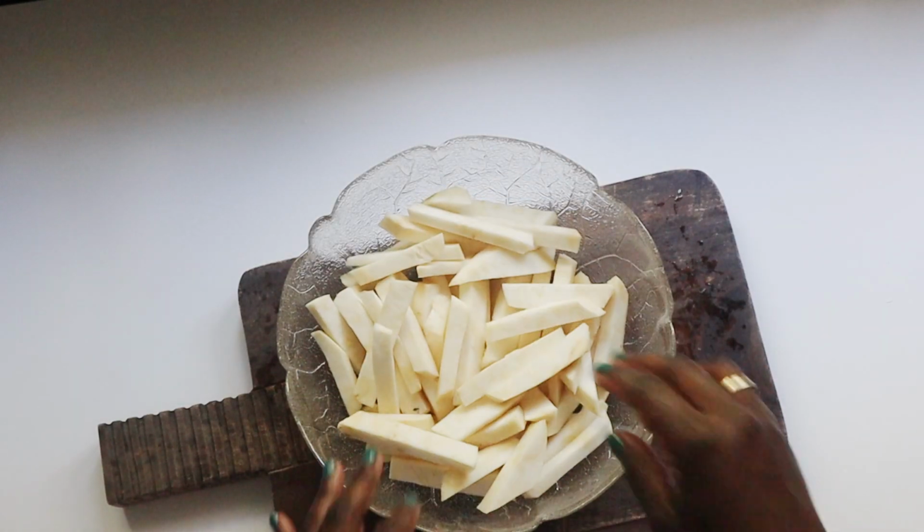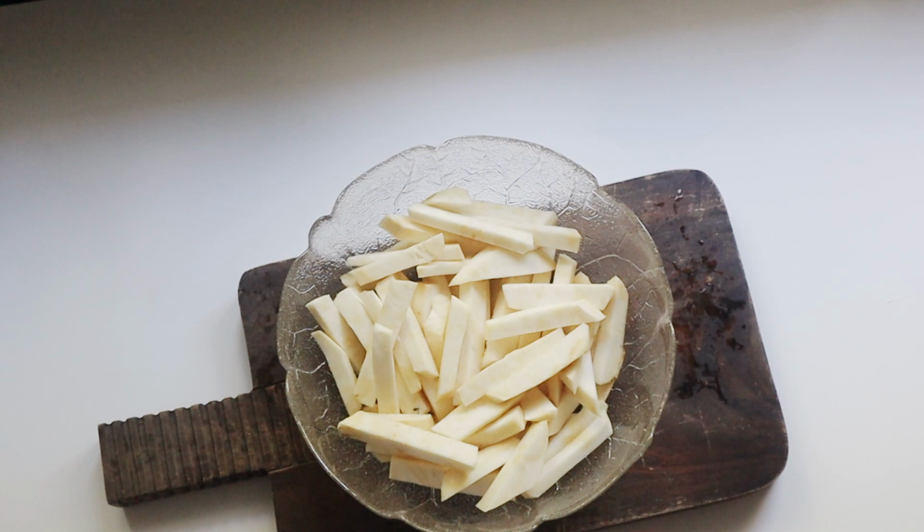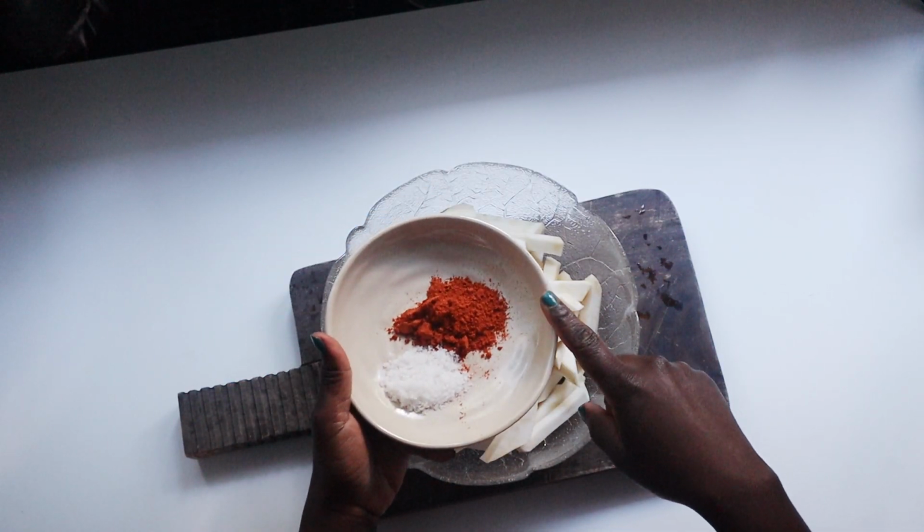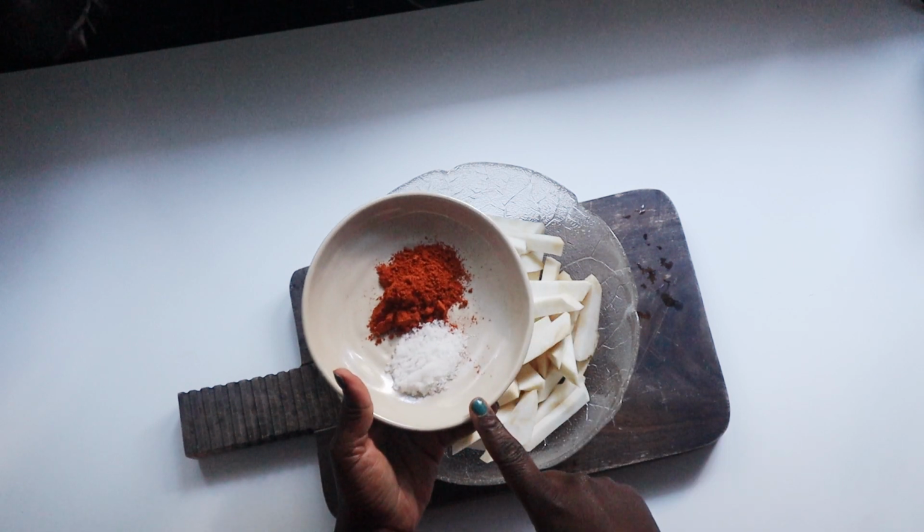So I'm done cutting them, and here comes the fun part: seasoning them. I like to keep my seasoning simple, and so I have here 1.5 teaspoons of paprika and a teaspoon of